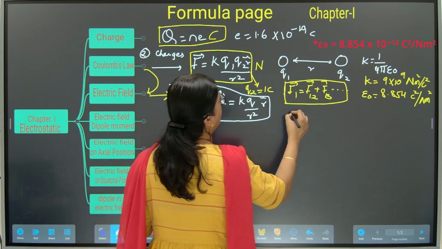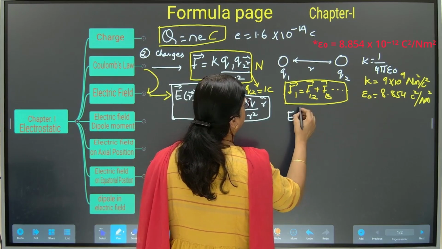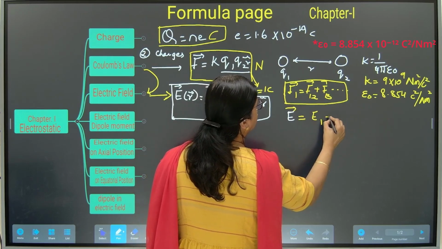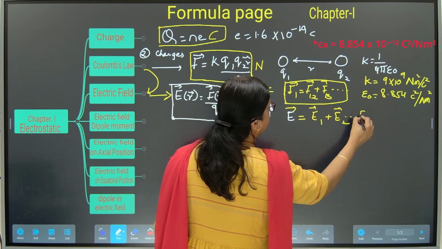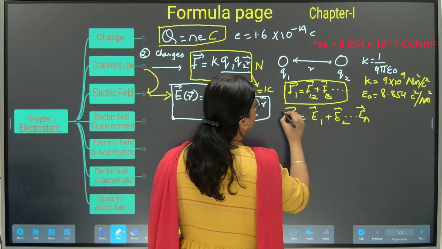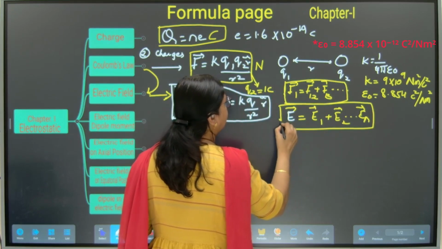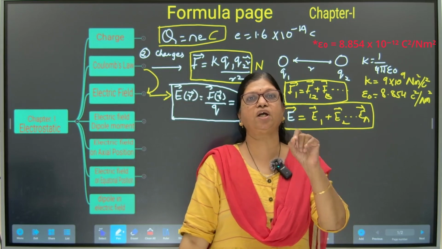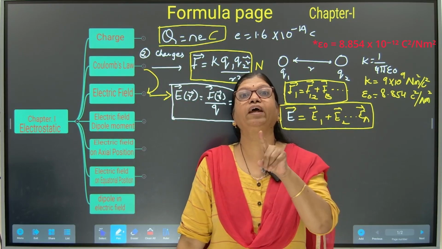The formula for that electric field is E is equal to E1 plus E2 plus so on En, such that we add these individual electric fields due to individual charges Q1, Q2, so on Qn vectorially